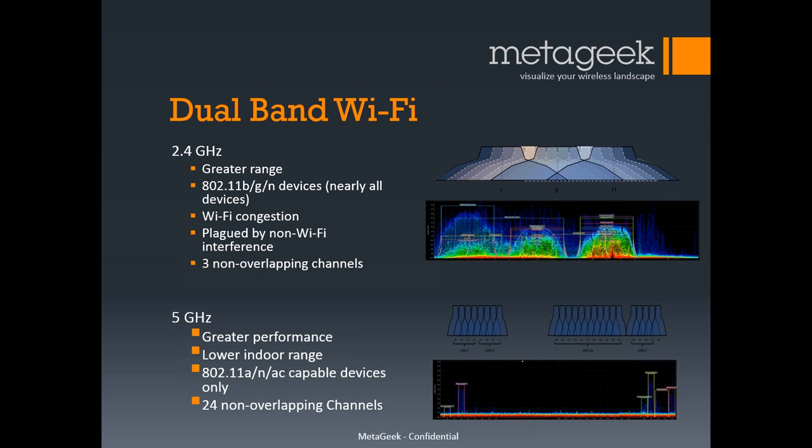Also, in the past, 5 gigahertz wasn't as popular because the clients weren't supporting 5 gigahertz. Now, almost every modern client that's out there supports the 802.11n or a specification, and some are even now supporting the AC specification, which is the latest and greatest spec that's specific on the 5 gigahertz range. So 5 gigahertz is one area that I've seen a lot of places not taking advantage of. They complain about oversaturation in the 2.4 gigahertz, but they need to get into that 5 gigahertz and check it out,